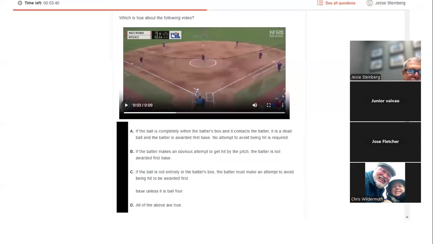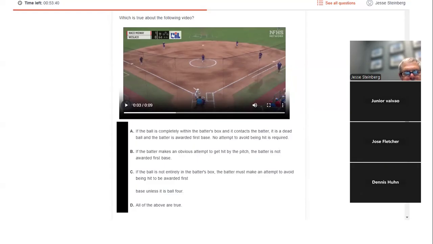Okay, moving on. Ooh, we have another video. Go ahead and read the answers. Speaking of hit by pitch. A, if the ball is completely within the batter's box and it contacts the batter, it's a dead ball and the batter is awarded first base.